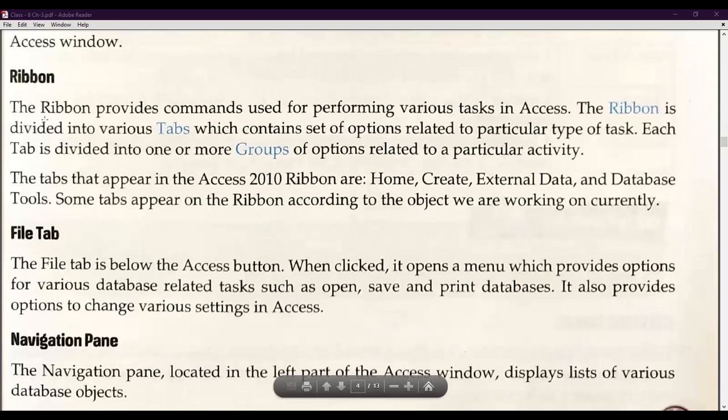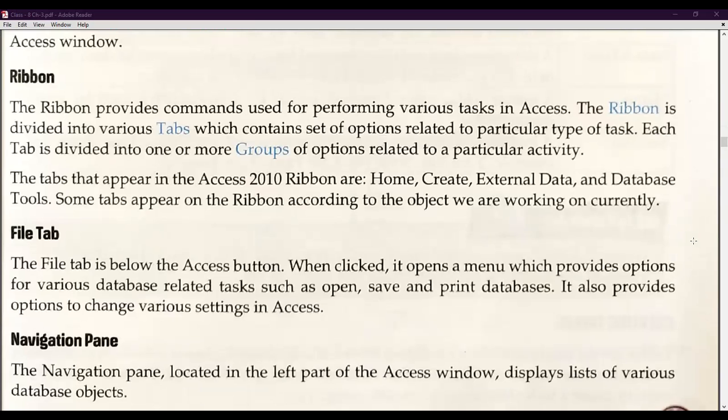It also contains the heading of our Access, or you can say the database. Next one is the ribbon. The ribbon provides commands used for performing various tasks in Access. That means it is providing many types of commands. The ribbon is divided into various tabs which contain sets of options related to a particular type of task.